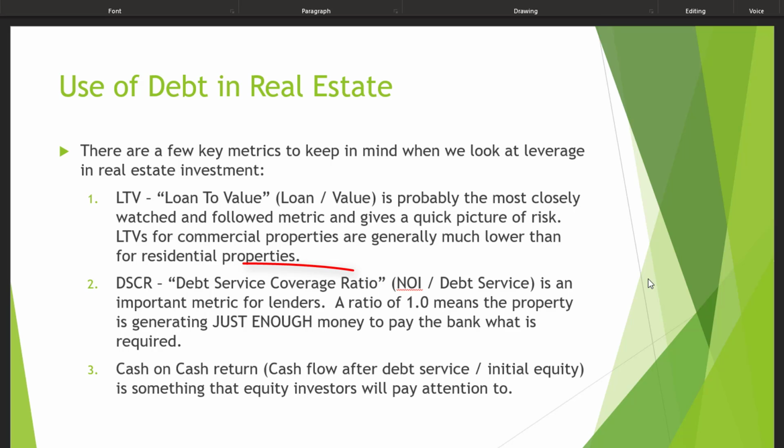The debt service coverage ratio, sometimes called the debt coverage ratio, the DCR, but I like the debt service coverage ratio, is simply the NOI divided by the debt service. This is another important metric. We want to have a ratio above 1, and typically 1.2 would be the minimum for banks. And again, it's going to depend on kind of the state of the economy, how the appetite is for real estate lending at banks, etc.